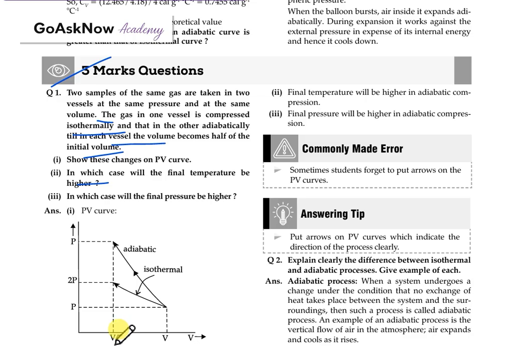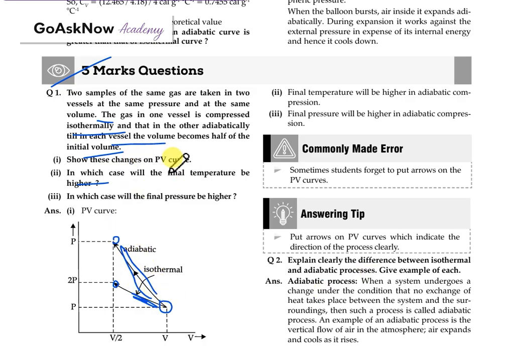So the volume will be like V by 2 and then V, then here P and then 2P. Firstly, the graph is between V by 2 and 2P, according to the condition. And again, the second one is V by 2 and P, then V and P. So here, there are actually three points. So this will be considered as the PV curve, or the changes in the PV curve. This particular one will show the isothermal, where temperature is constant, and this will show the adiabatic.